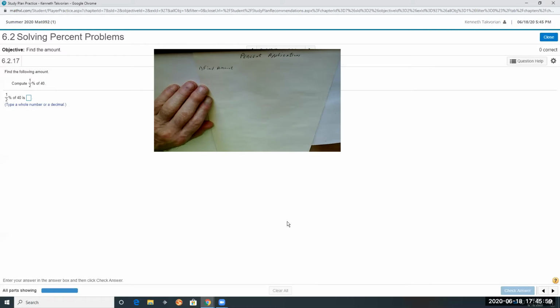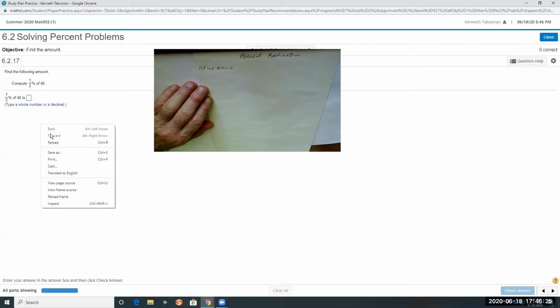Today we want to look at some percent application problems. This particular problem bothers lots of students because they misinterpret what 0.5% of 40 is. They think the question is, what is a half of 40? So they give the answer as 20. It's 0.5%, so we need to change the percent into a fraction or a decimal first before we multiply